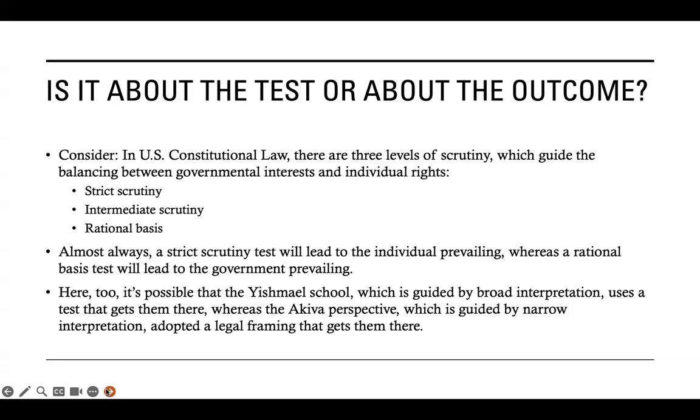So is this dispute between Rabbi Akiva and Rabbi Ishmael really about the test or is it about the outcome? Well, consider the following. In US constitutional law, we have three levels of scrutiny, which guide the balancing between governmental interests and individual rights. We have the strict scrutiny test, we have the intermediate scrutiny test, and we have rational basis. Almost always, when you read a constitutional law case, you will find that when the justices say that this situation merits a strict scrutiny test, that means the individual is going to prevail. And almost always, if the justices say this case has a rational basis test,